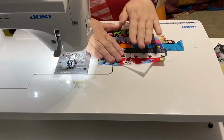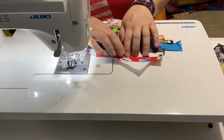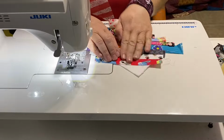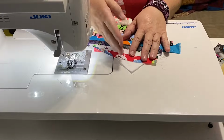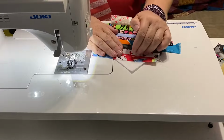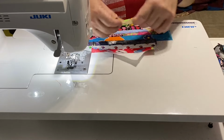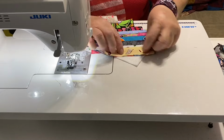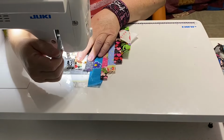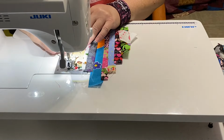Now, just like string blocks, it's nice if you have a large piece of a triangle or a square that you can cut in half to put at this end here so you're not having to worry about using all the strings and you're not going to have any weird pieces cut off when you trim everything up. But since it's just a fabric postcard, I'm not going to worry about it too much. As long as it's close enough to the corner, I'm going to leave it as is. I might use a little bit thinner